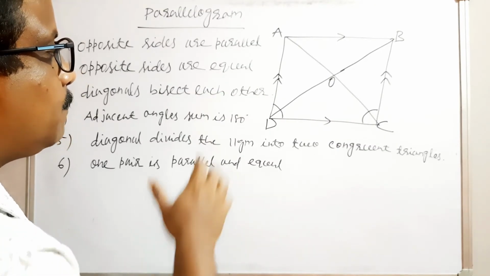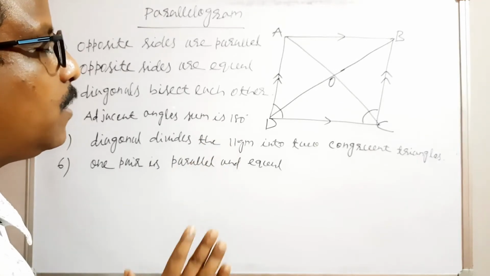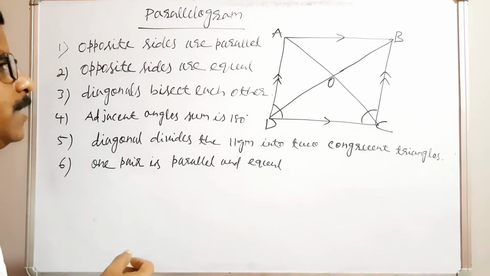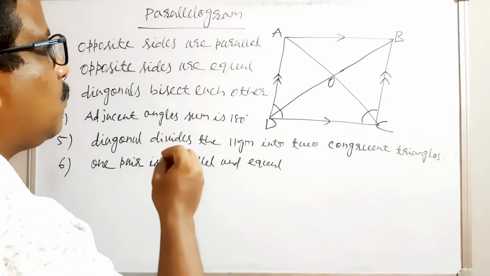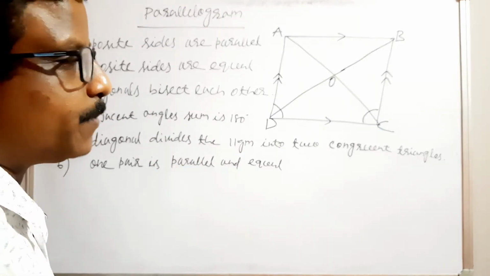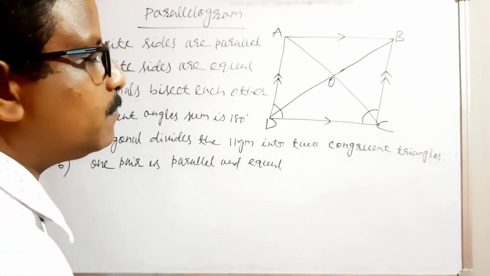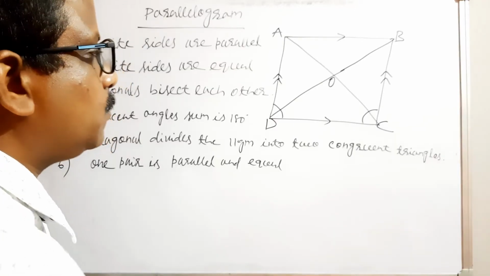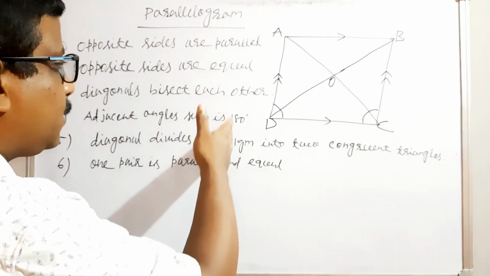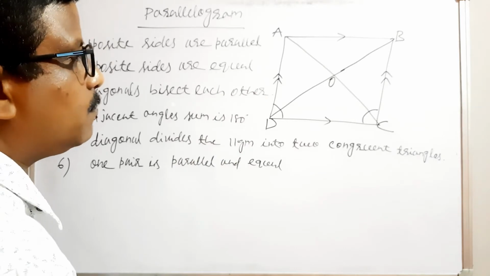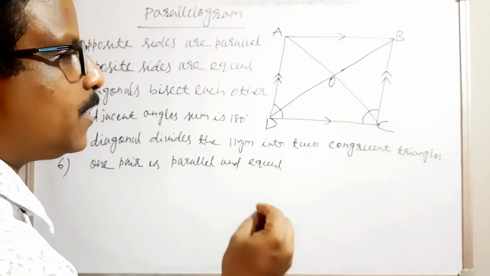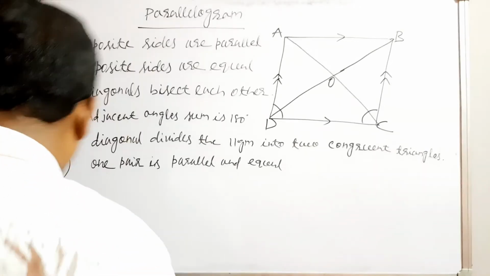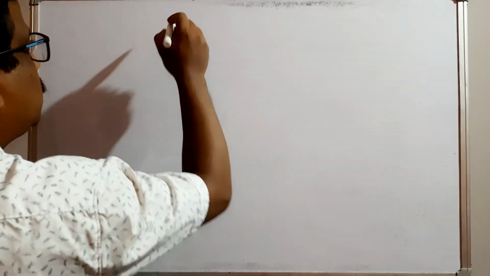The parallelogram property is the most important, because the rhombus, square and rectangle that I will explain all satisfy all the properties of a parallelogram, because rectangle is also a parallelogram, rhombus is also a parallelogram, square is also a parallelogram. After satisfying all the properties of the parallelogram, they have some extra properties. Next I am explaining the rectangle.